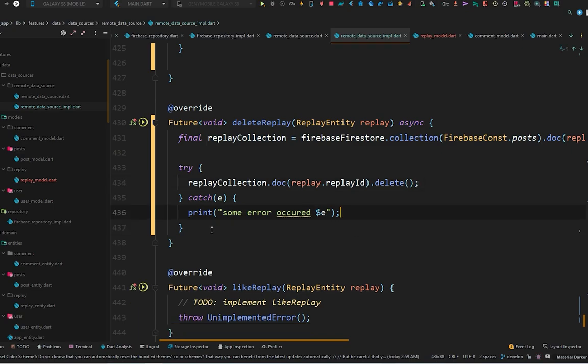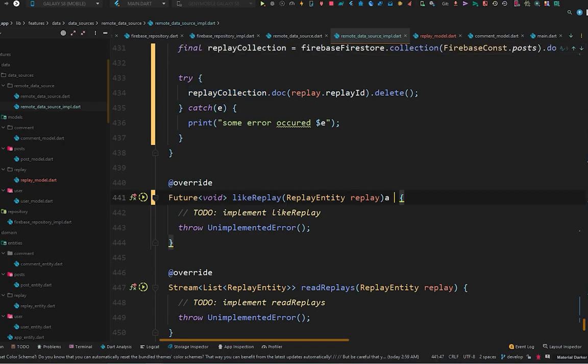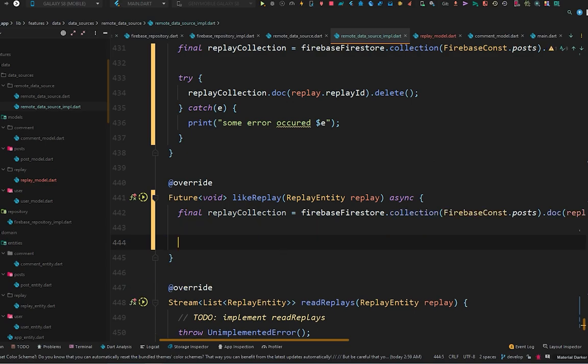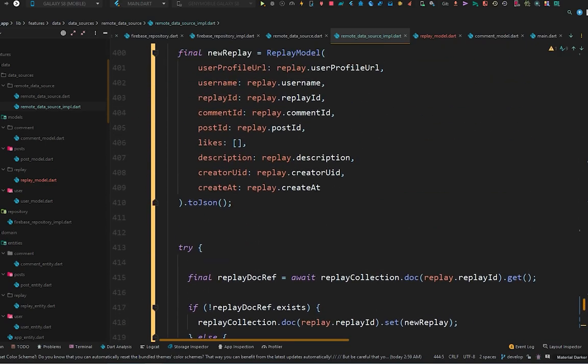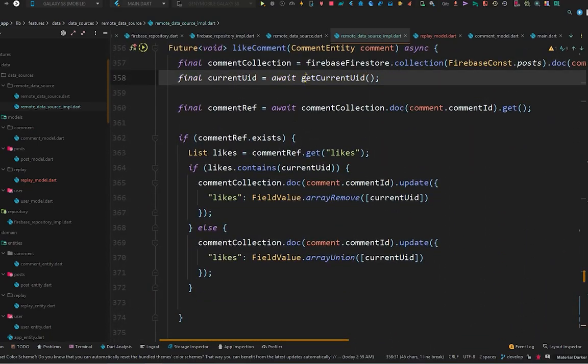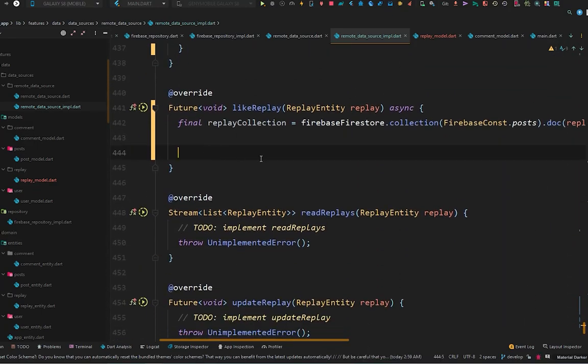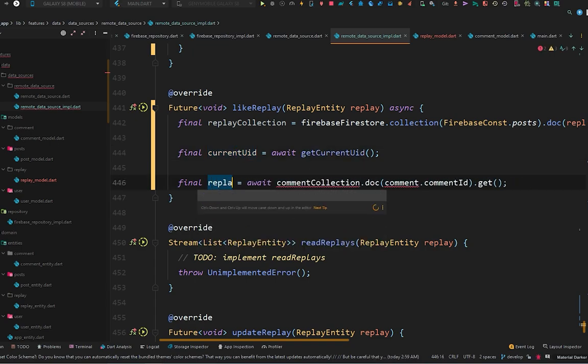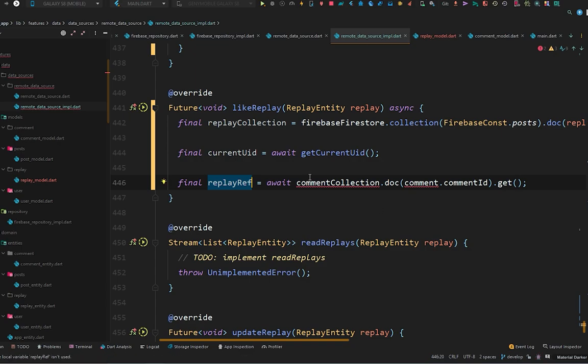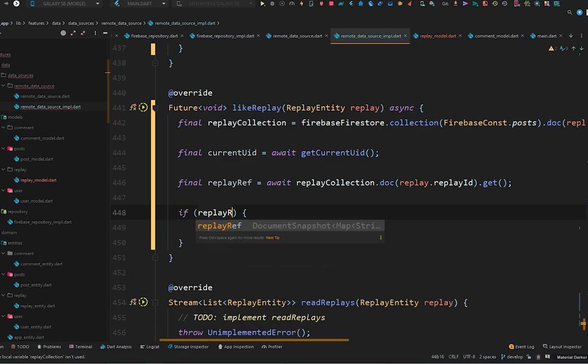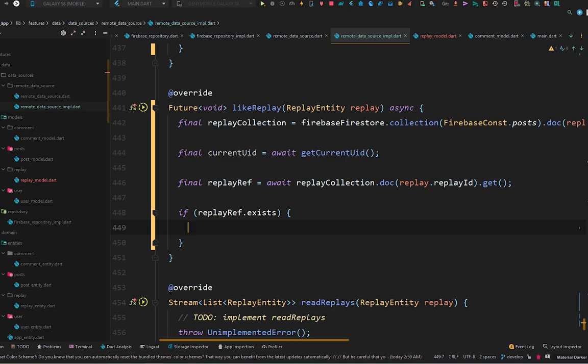And now for liking the reply, we only need the reply collection, make it asynchronous and paste this right here, and here we need the current user UID, so we will go for the like comment method and we will copy this from here, also this variable from here, and we will simply paste them in here. This will be current UID, this will be reply reference or document reference, this will be reply collection on the reply dot reply ID. We will get this, we will check if the reply reference exists, then we will do